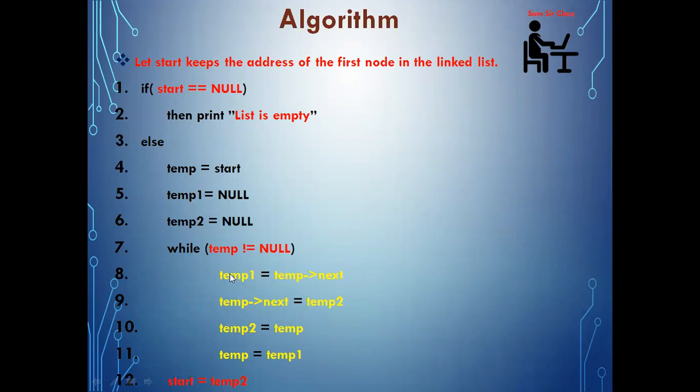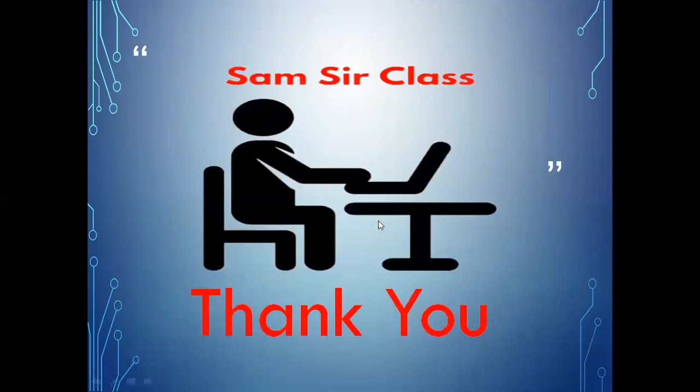Okay. So temp1 will be the next node. Temp2 will be the previous node that I am connecting, and then I update the values of temp2 as well as temp. Once the procedure is over, I am assigning the address of temp2 to start, so that the list can be traversed in the reverse order. Okay. So I hope everyone has understood. Let us implement the same and try to understand the coding procedure you have followed to reverse the single linked list. Okay. So thank you everyone for watching this.